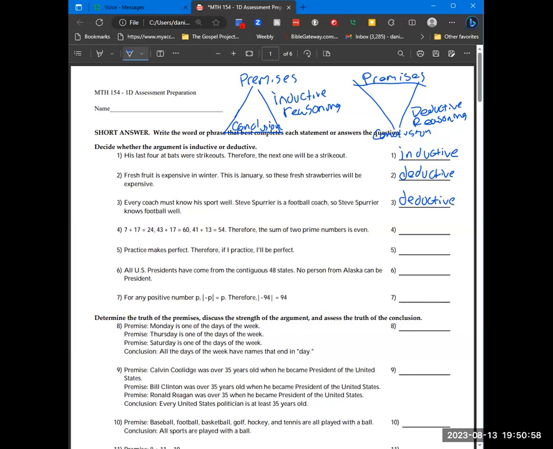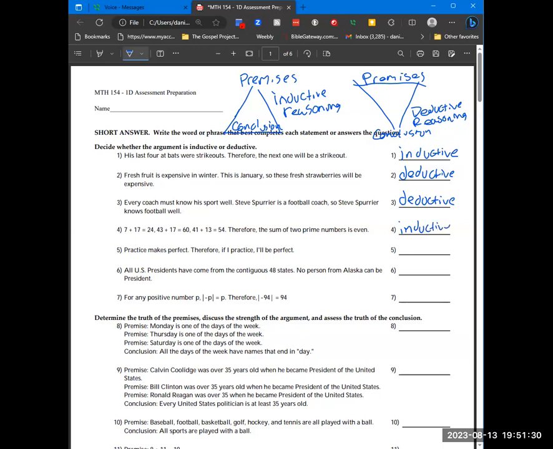All right, let's look at this. This is already looking to be something that's a pattern to me. 7 plus 17 is 24. 43 plus 17 is 60. 41 plus 13 is 54. Therefore, the sum of 2 prime numbers is even. So that would be inductive. And it's actually not right